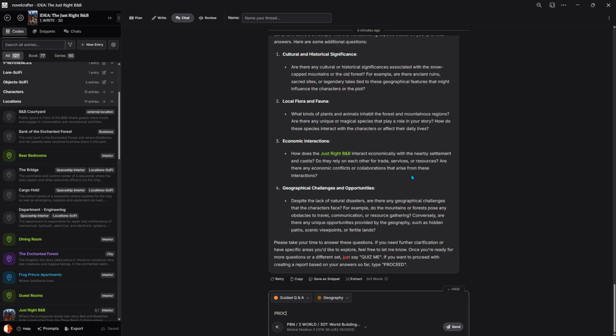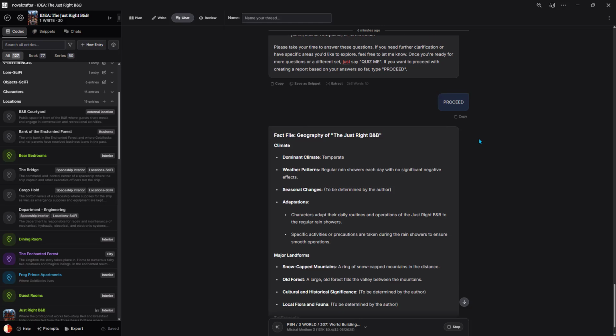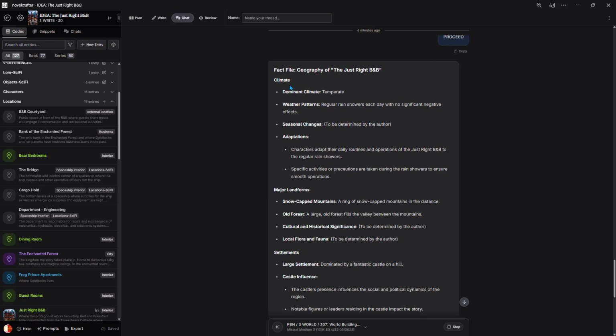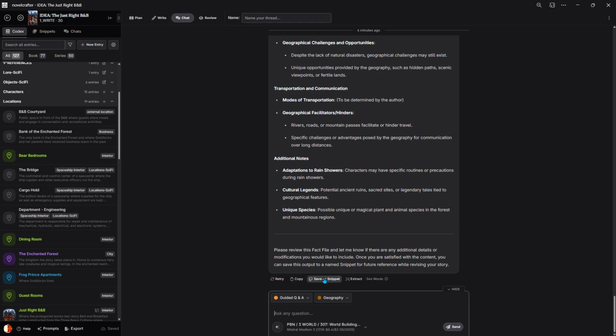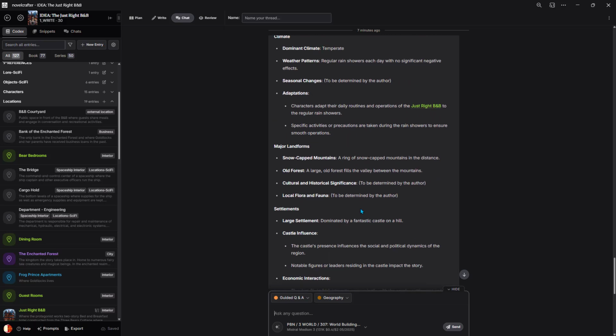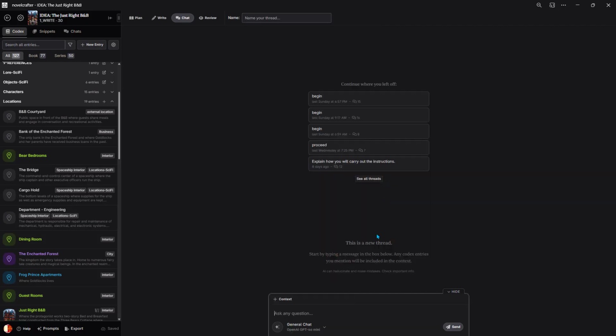But for now, we'll just tell it to proceed with what I've already told it, just so we can get a report and move on to some of the other topics. So have it create a fact file, which then we would save to a snippet. And then from there, cut the snippet up into codex entries if we need them. Instead, let's show off